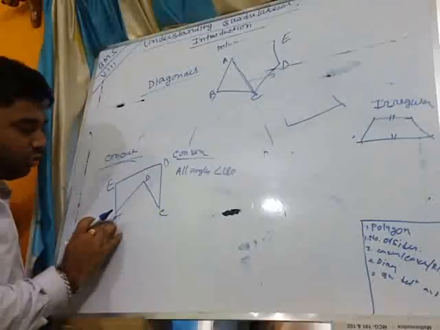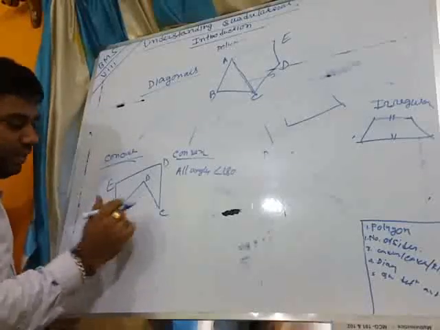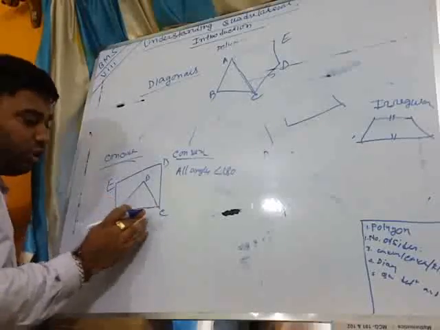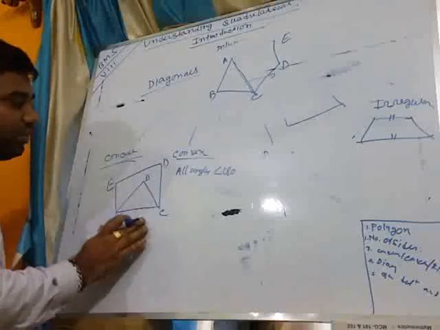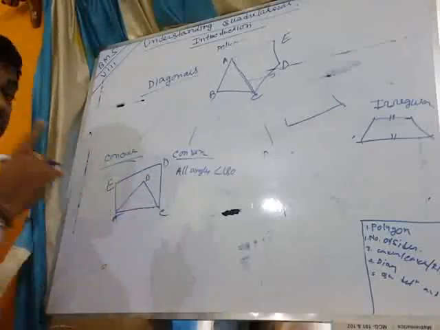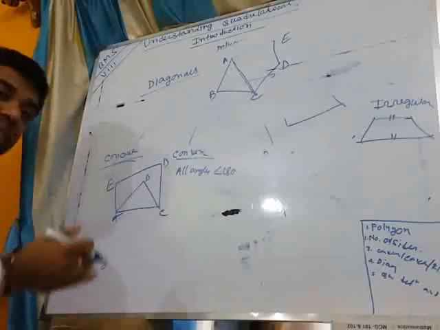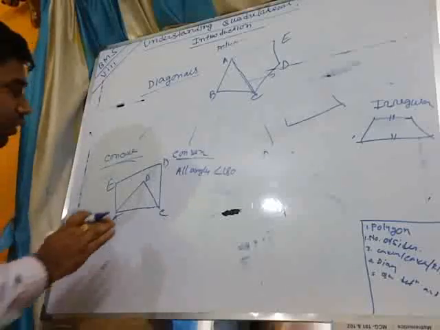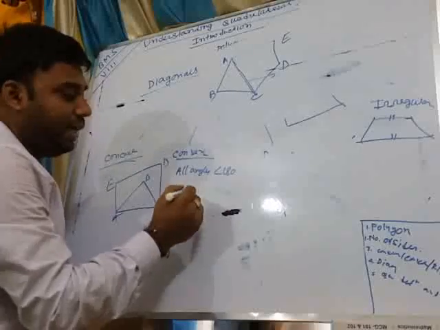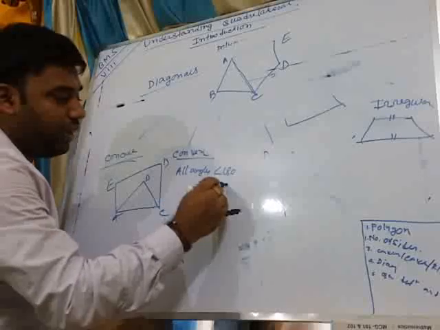Okay, so non-consecutive vertices of C, I join this A, that is, the AC line is outside of the figure A, B, C, D, E. That's why the diagonals of a concave polygon may lie outside of the polygon. But in case of a convex polygon, it should always lie inside, for example,